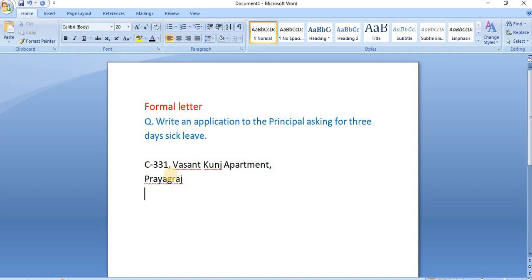After that you can put the date, on which date you are writing. Suppose you are writing on 20th September, then you just put the date. And then the year.